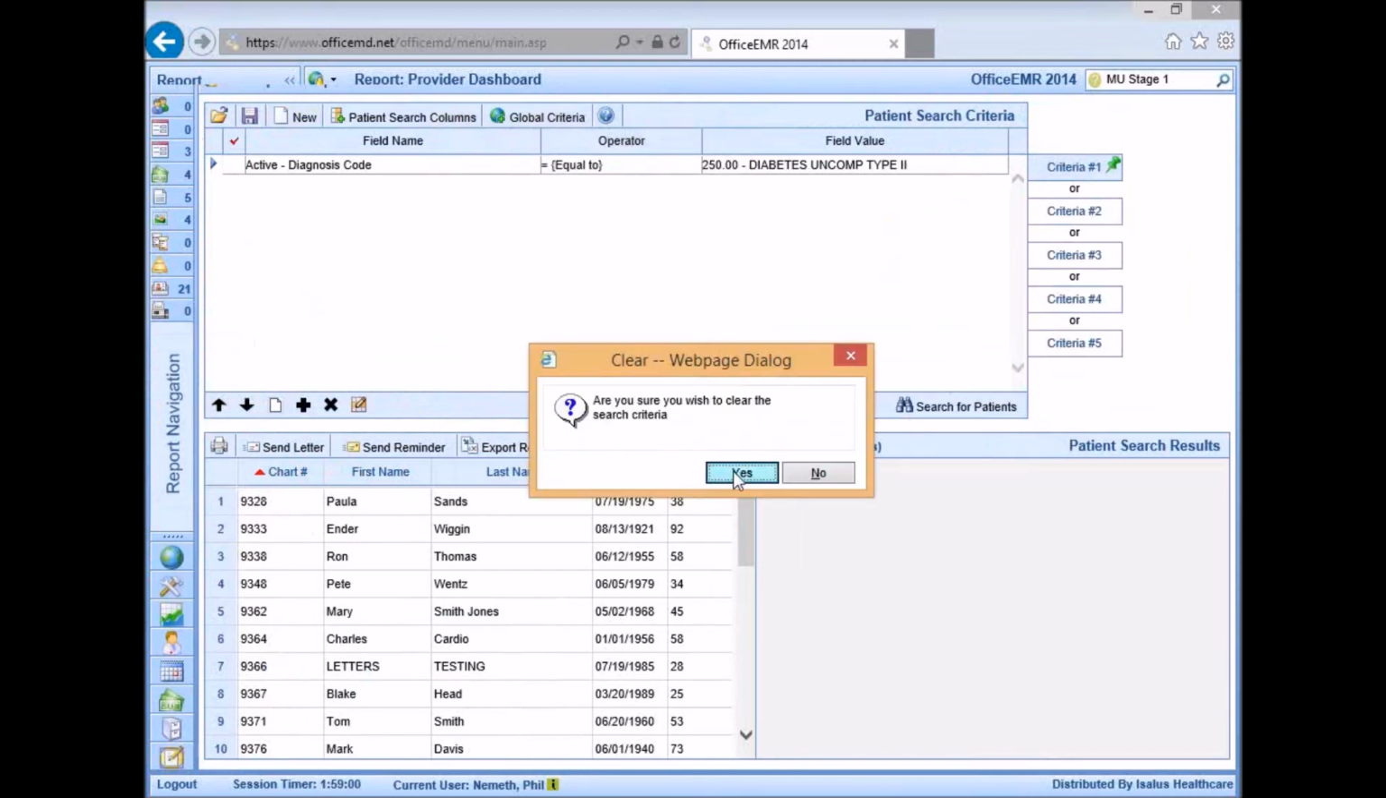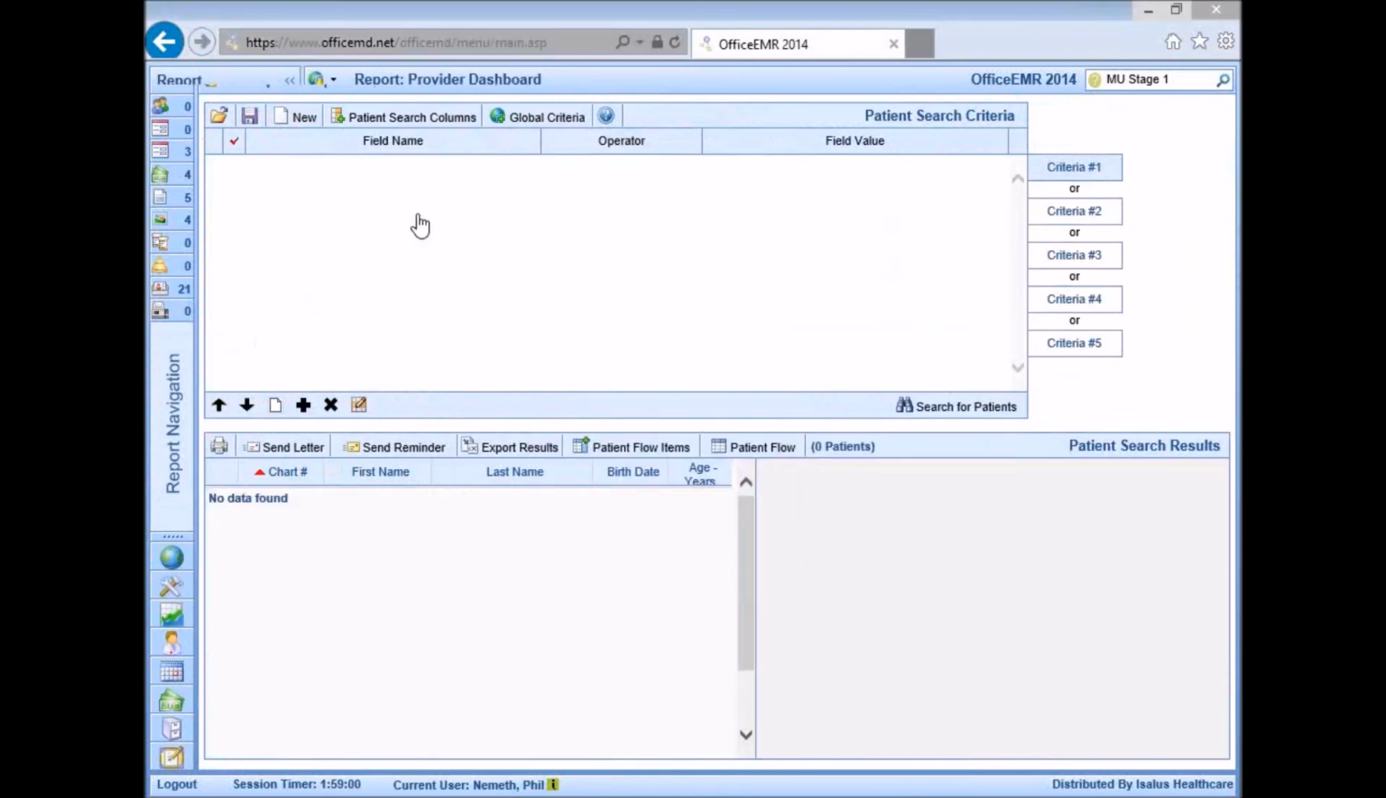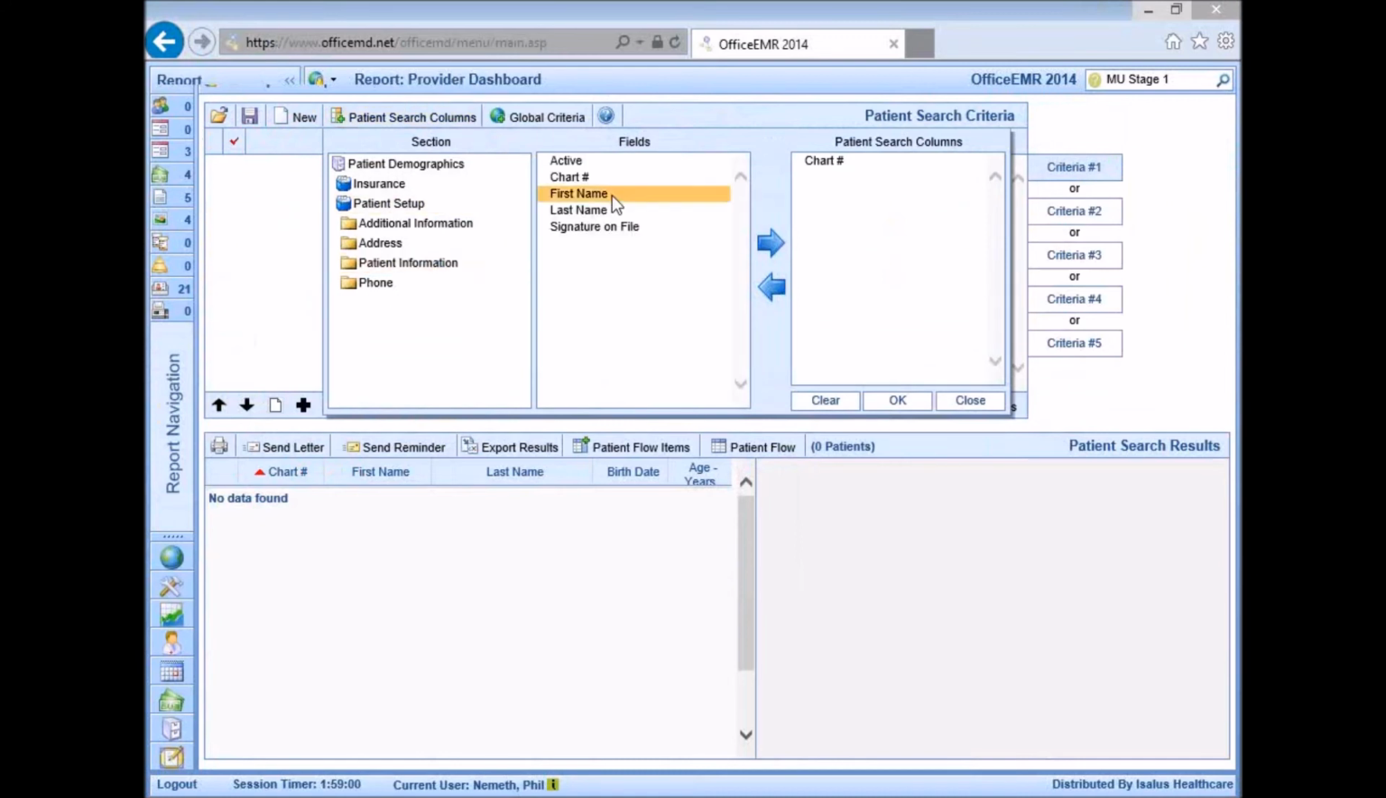Okay. And I'll go ahead and say, yes, I wish to clear the search criteria. So we'll go ahead and do that. Okay. So from here, again, the first thing you want to do when doing an iReport is set up your patient search columns. So I'll go ahead and select, we'll just do chart number and first and last name maybe,